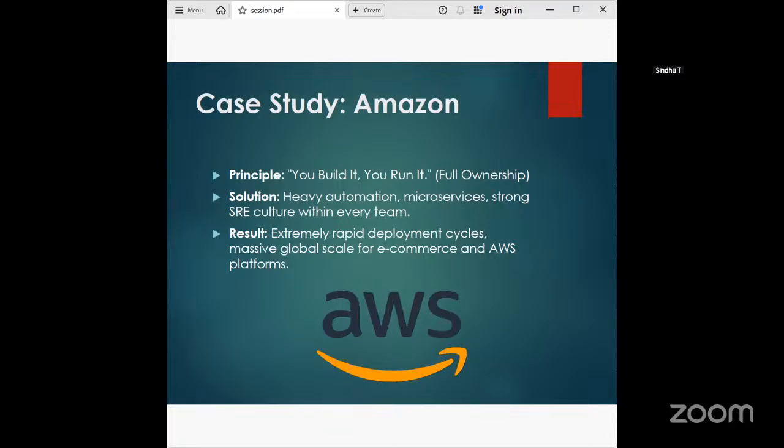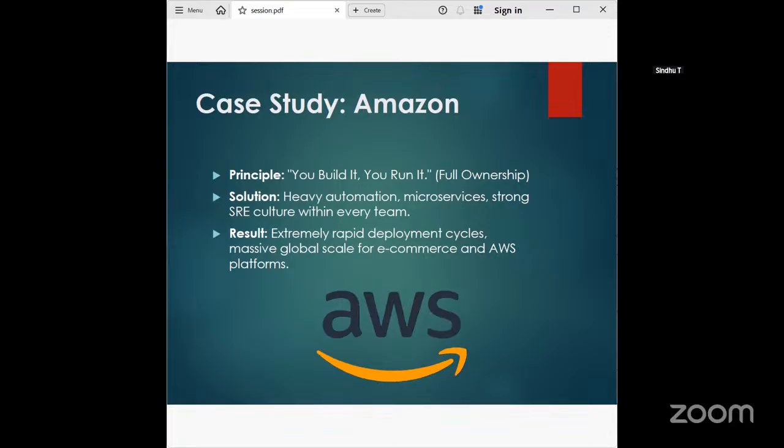Third, the use of DevOps enables frequent independent deployment, supporting the massive scale. So frequent independent deployments they can achieve by microservices, same as Netflix. The heavy automation: they totally converted to automated testing, automated processes, everything fully automated. And microservices split the work into small parts. So parallelly, they are doing the work.